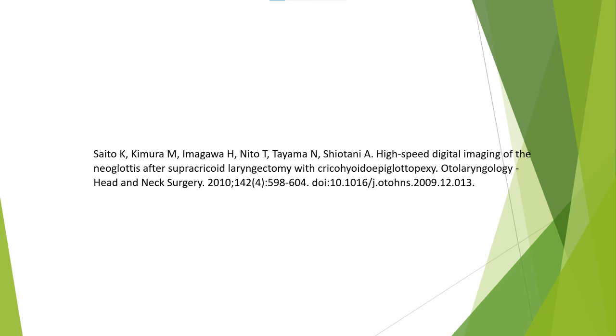To determine the utility of high-speed digital imaging in evaluating vocal kinetics of the neoglottis after supracricoid laryngectomy with cricohyoidoepiglottopexy, spaces between the arytenoids and epiglottis or piriform sinus mucosa were estimated as the major sources of sound during post-operative vocalization. The possible sound source could be determined by high-speed digital imaging, even in the neoglottis, with more than one